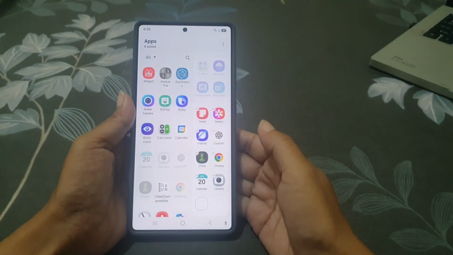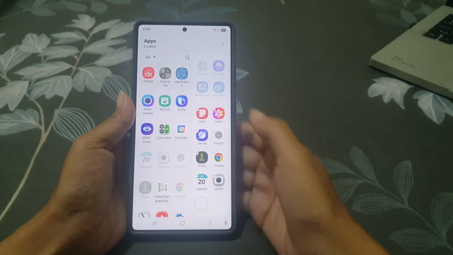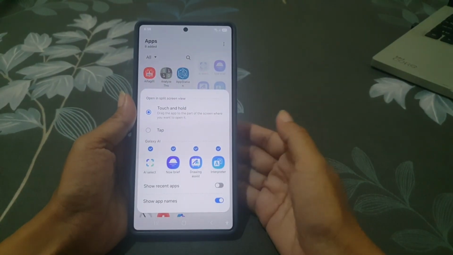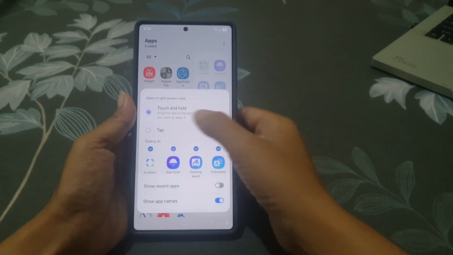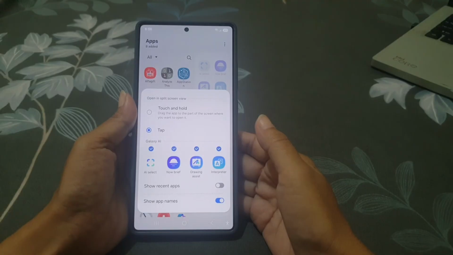Tap more icon or three vertical dot icon at the top right. Under open in split screen view section, select tap. To see how it works,